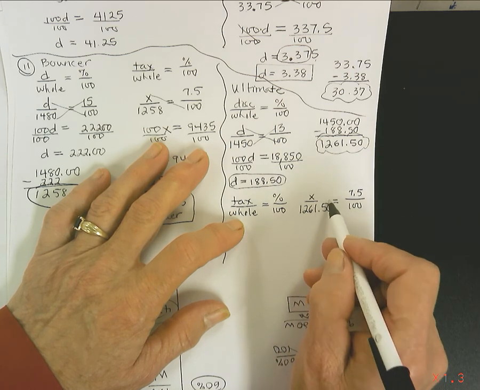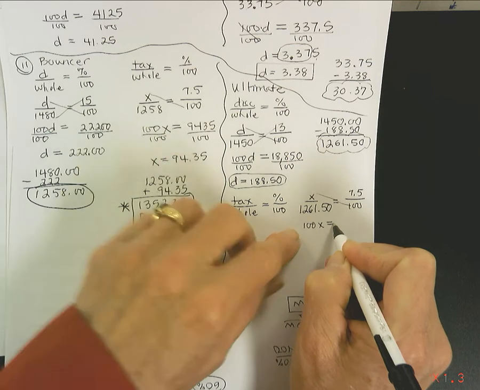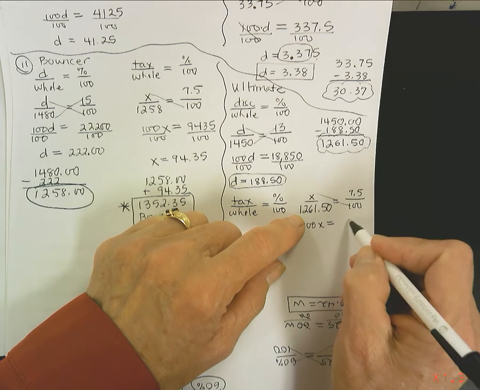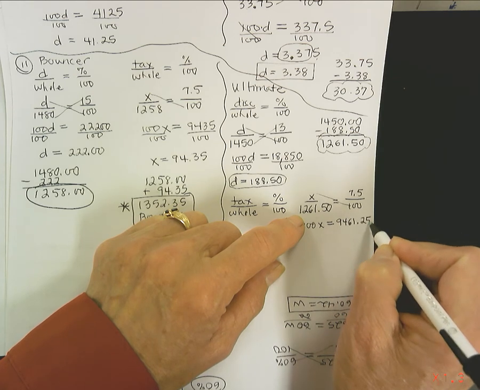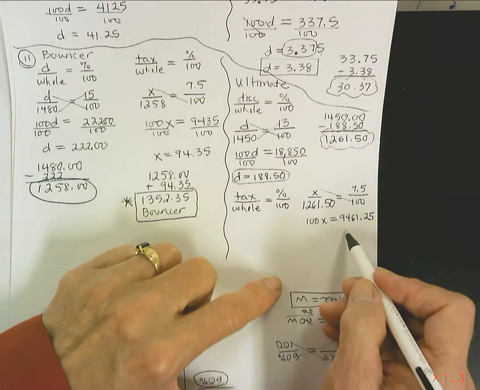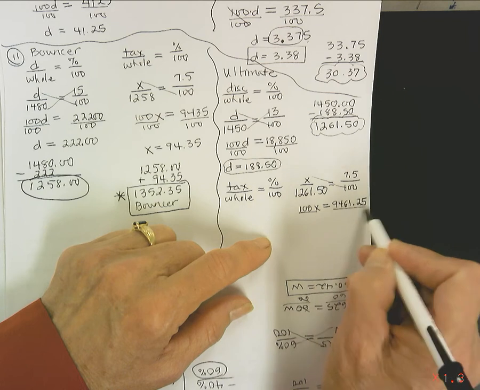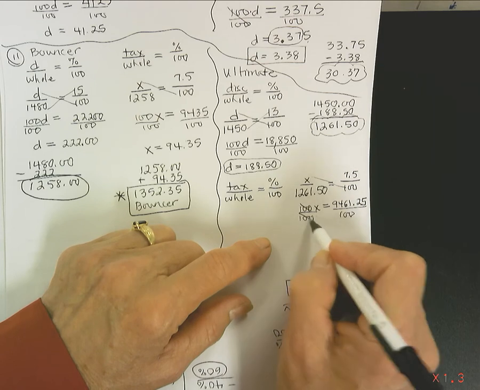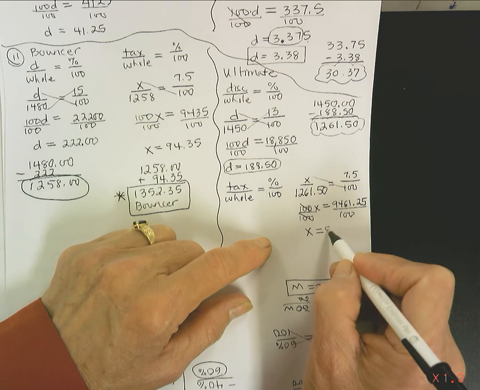So let's do that cross multiplying again. 100 times X equals, then we take $1,261.50, multiply that by 7.5, we get $9,461.25. Dallas, what's going to be our last step for this part right here? Divide by what? 100. That's right, divide by 100. X, which stands for our tax amount, when you divide this out, you're going to get